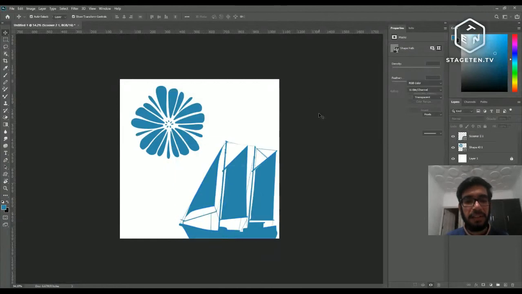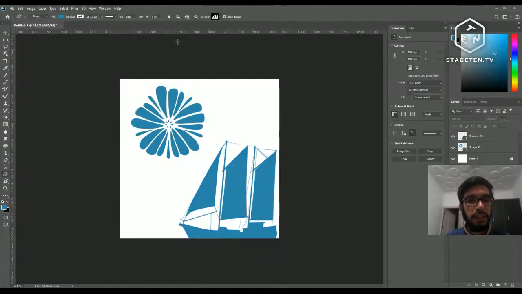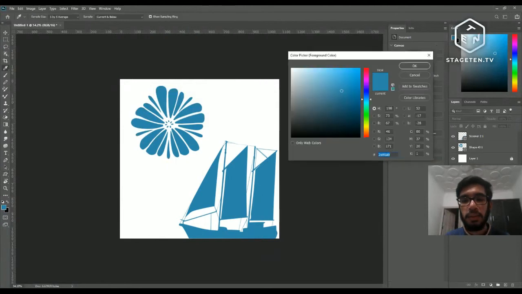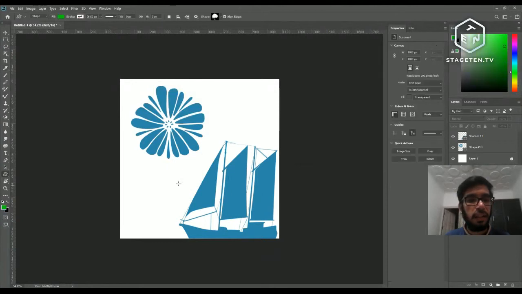Right. Let me show you one last thing as well. We have some wild animal as well, and we have trees as well. So if I choose a tree and I choose a green color, right, and I draw a tree,